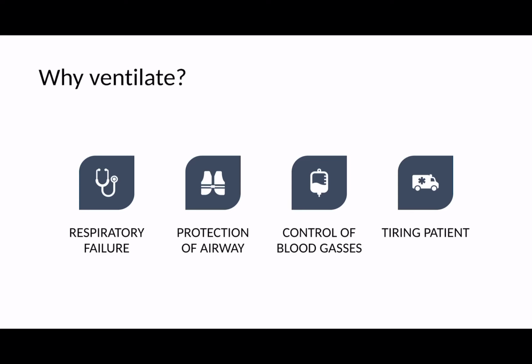Sometimes in patients who have severe metabolic derangements with a severe metabolic acidosis, patients can be breathing very quickly with a very high respiratory rate and therefore a high minute volume, and therefore trying to blow off as much CO2 to maintain a normal CO2 and therefore a normal pH. And by taking over the ventilation, it might be important because if a patient's starting to tire, because they've been breathing so quickly at a rate of 40, 50 breaths per minute for an hour or 2 hours, they may start to get tired,